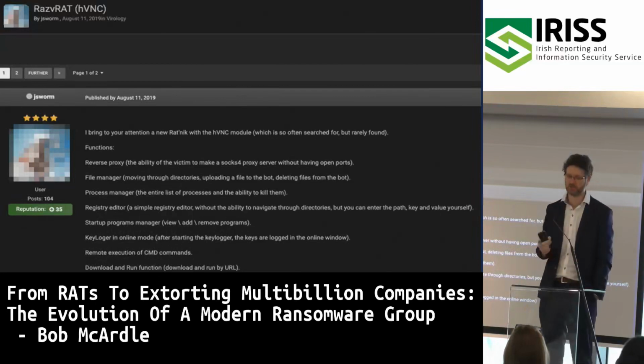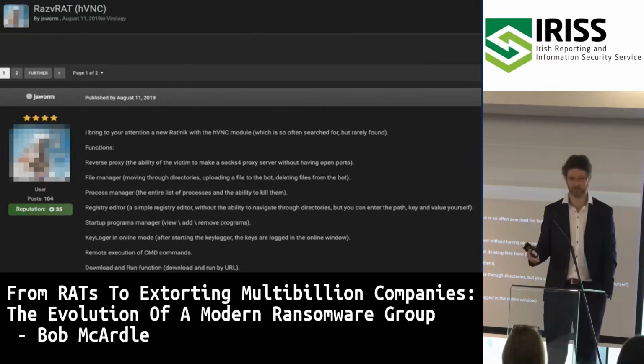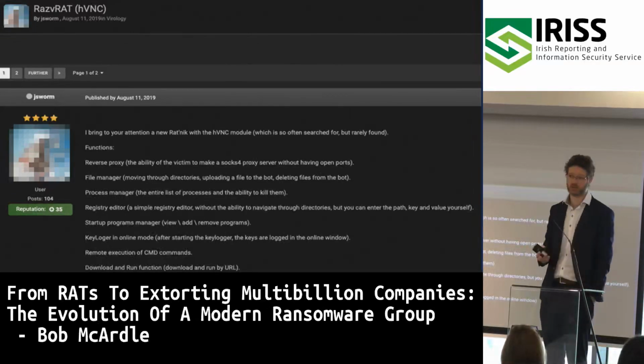So two things to point out before we go any further. First of all, the original posts here were written in Russian text, which we've machine translated for you. You're welcome. That's also why some of the text doesn't make sense. And secondly, obviously the author's name is not really JSWorm. Nobody's parents hate them that much. This is just one of the various handles that they actually use at the time.